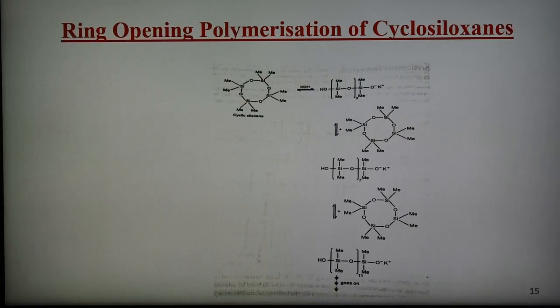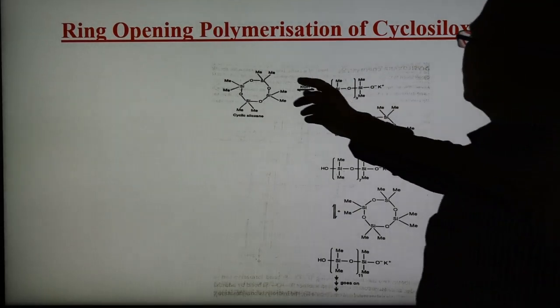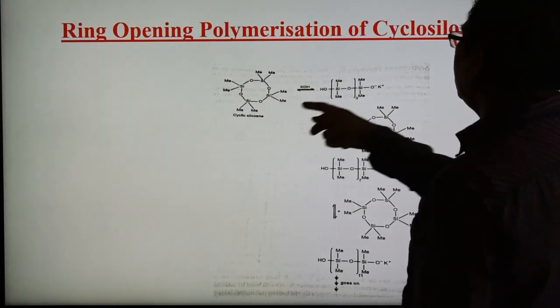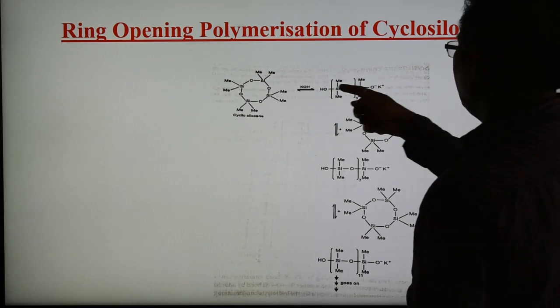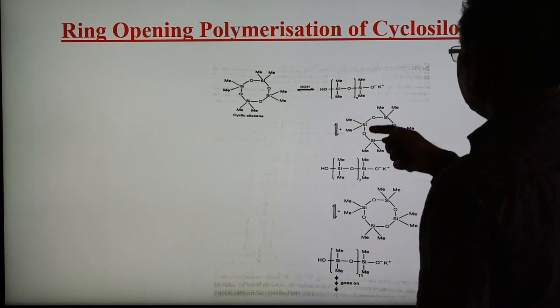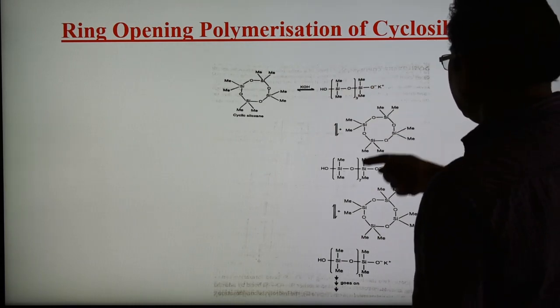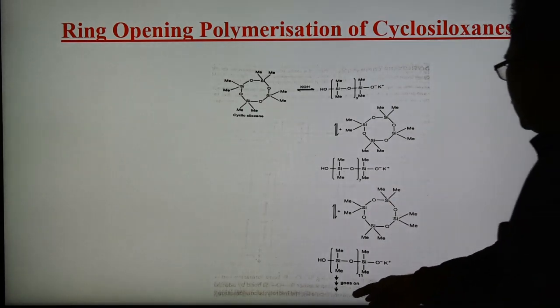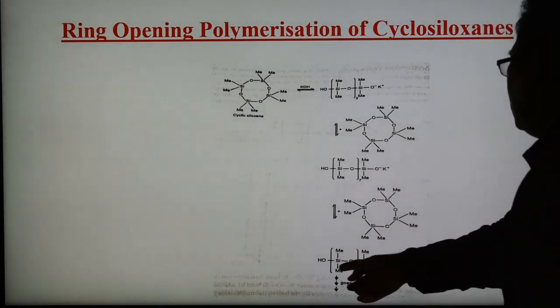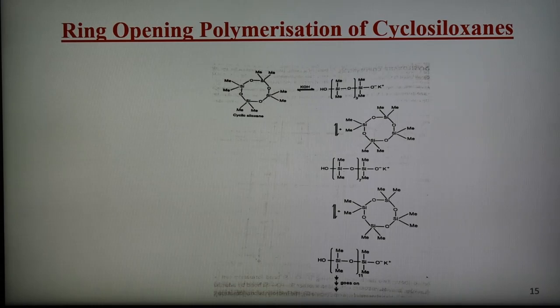And sometimes ring-opening polymerization of cyclic siloxane can take place. This is the cyclic silicon chain. This is the ring, and when it reacts with KOH, we get this type of product. This ring opening is similar to this, and now here at last we get this, where the ring is opened and is no longer a cyclic ring. It goes on, so in this way we can form the ring-opening polymerization of this silicone polymer.